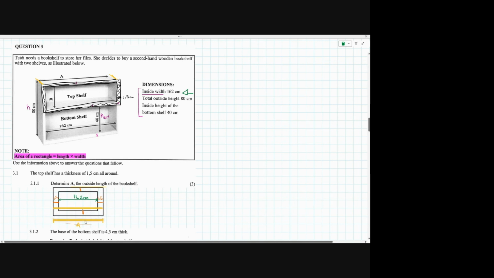So all we need to do is add together the 1,5 centimeters, the thickness of my wood, as well as the length of the inside of my shelf. And so that would mean for me that A is equal to